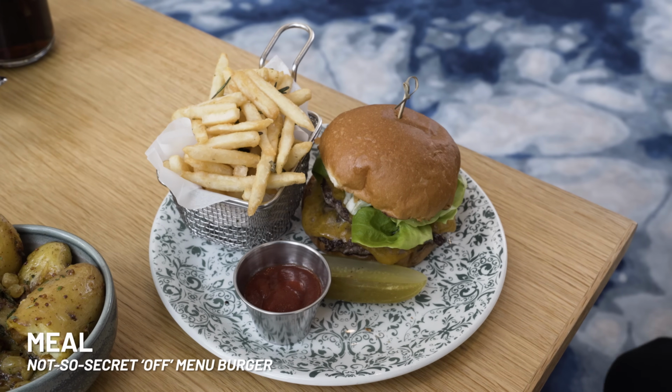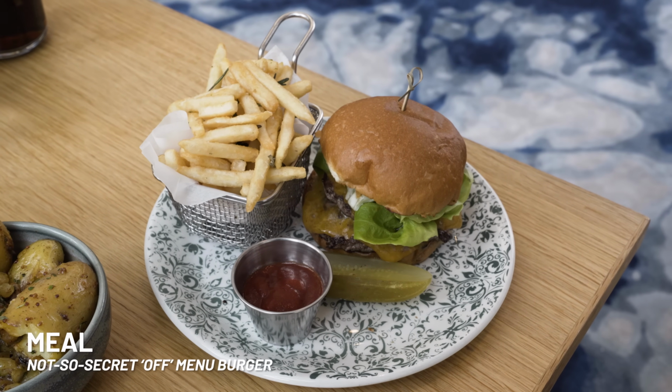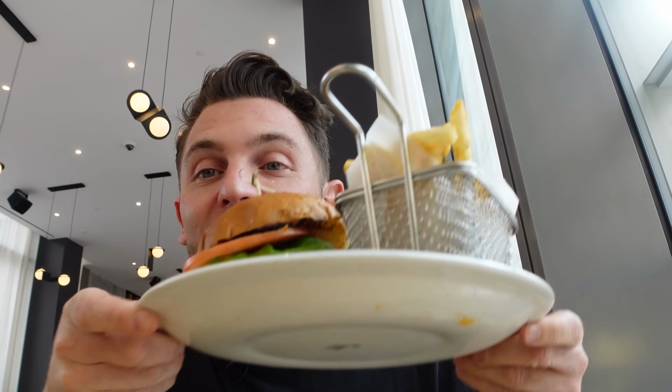This burger, it seems to make out on the menu like it's some kind of secret off menu vibe. It does look pretty juicy. Will it live up to its own hype? I don't know, there's only one way to find out. It's a decent burger. It is what it is,